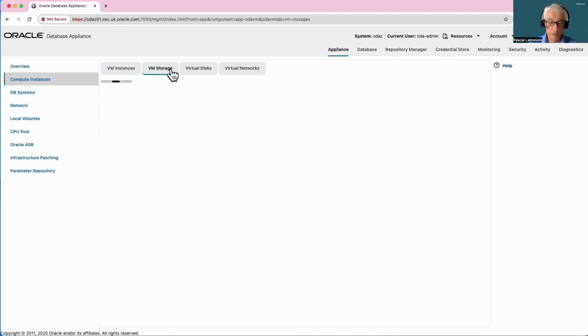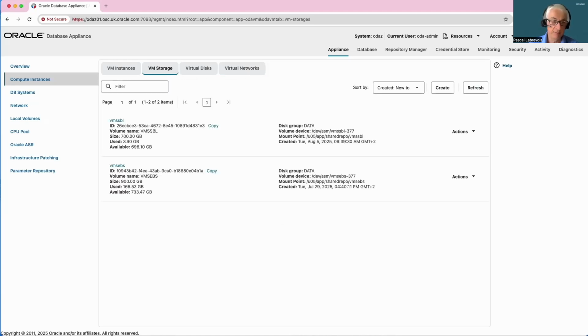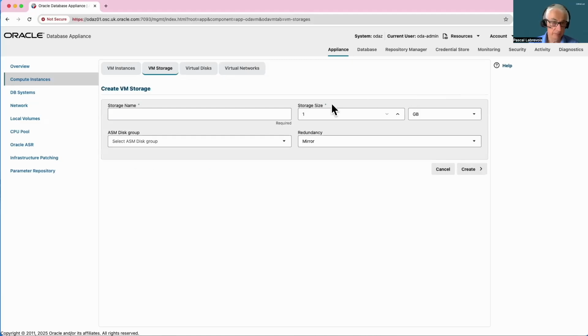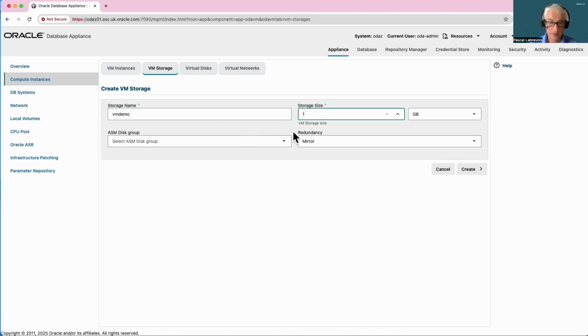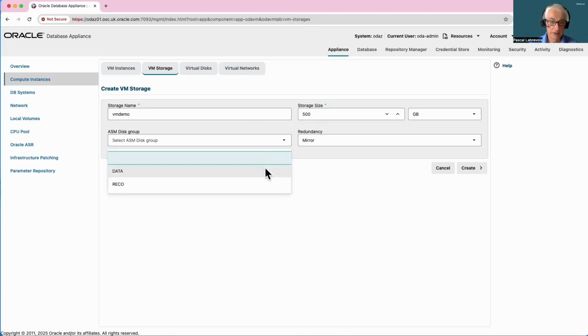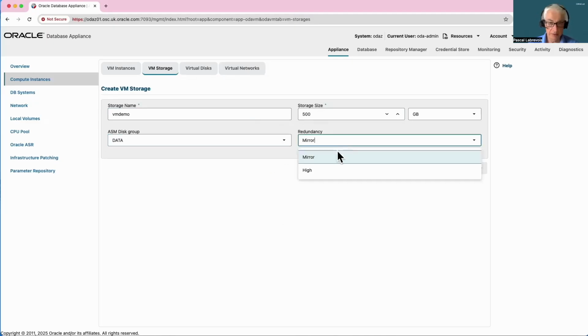So if I want to create a VM, I should start first by creating a VM storage. So I'm going to do that. I will create a VM storage. I give it a name, a storage size, and the ASM disk location, either data or reco, and a redundancy parameter, which could be high or mirror.